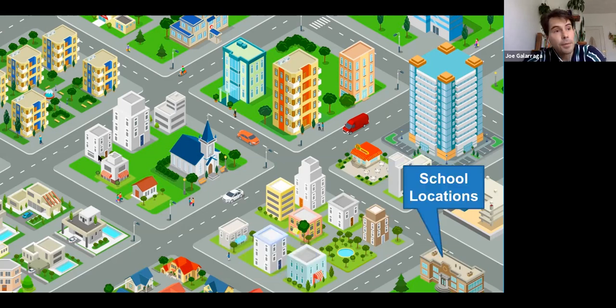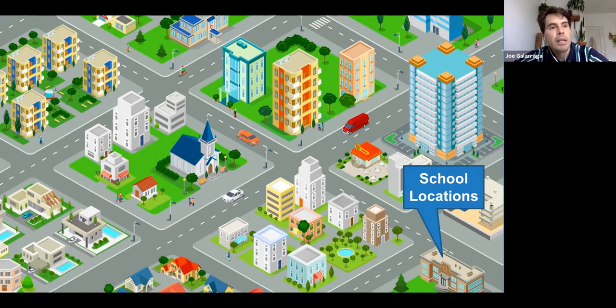School locations. I think that this is something that a lot of people are keenly aware of. Are the schools near where I live? Are they good? Is this an environment that's going to be supportive of my children? Are they going to be able to learn in a way that's safe? Like I said, I live in Baltimore, and there's all sorts of schools that during the winter don't have heat.